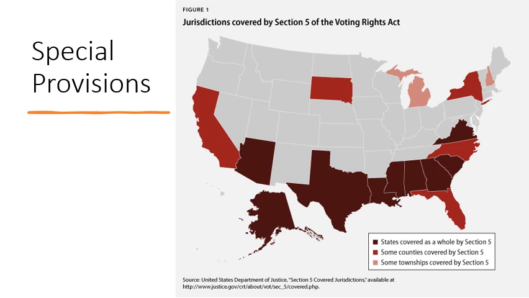Another provision that came along a few years later, around 1975, required jurisdictions containing significant language minority populations to provide bilingual ballots and other election materials. I think I showed you all a picture of a bilingual ballot in Texas a few weeks ago. That's required by law, by the Voting Rights Act, as it was amended around 1975.